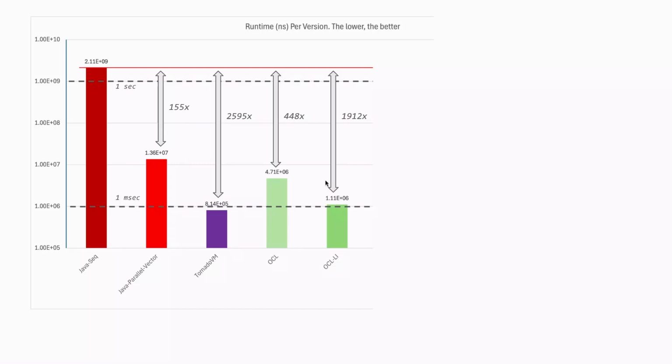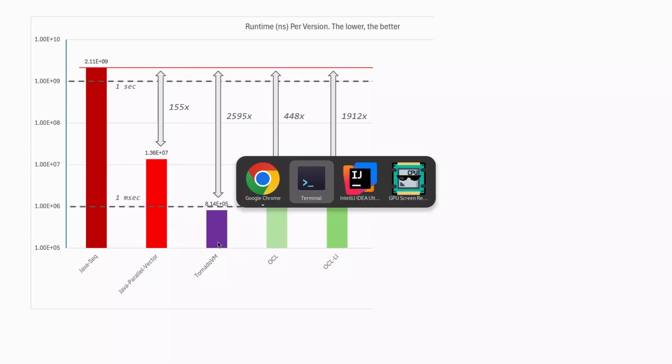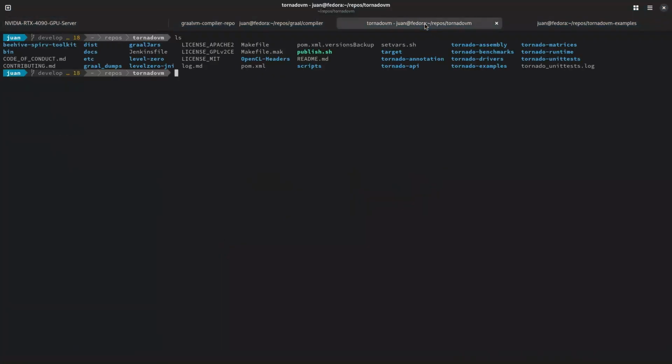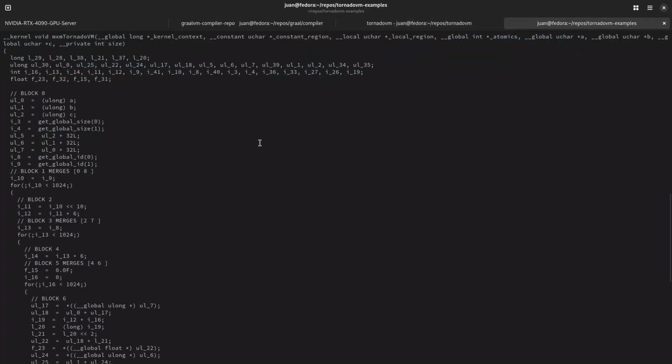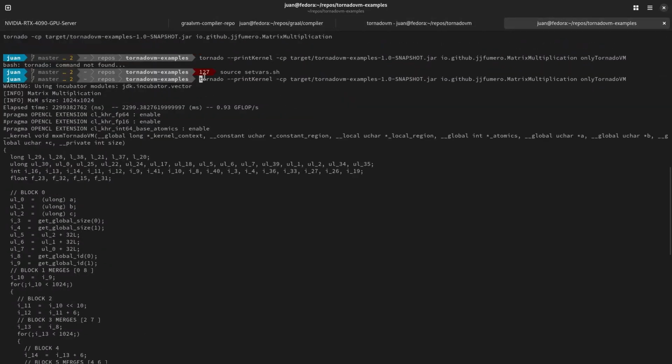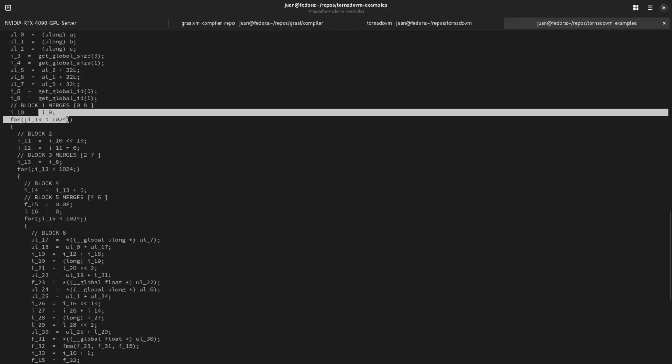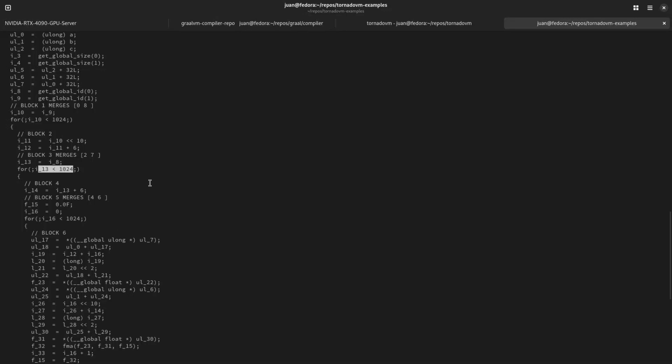So we need to dive deeper into the optimizations that TornadoVM applies. Let's continue with that. Let's go back to the generated code for Tornado again. I'm running this locally, not on the server. The generated kernel should be exactly the same. And apart from these 2 loops, we see that